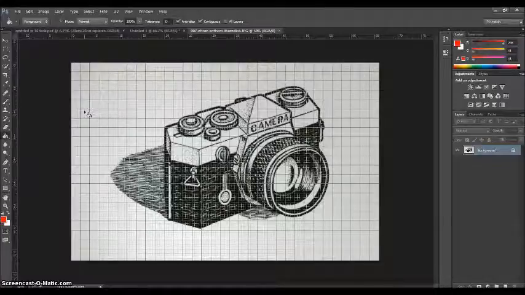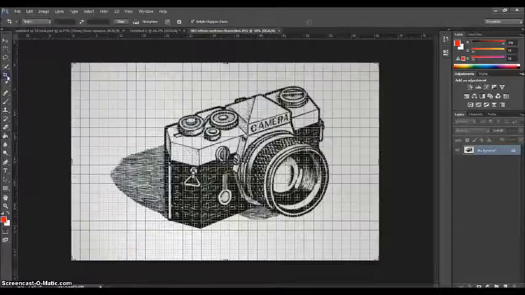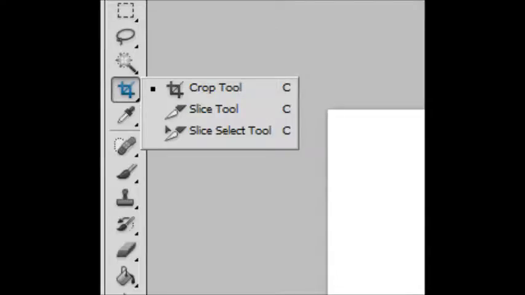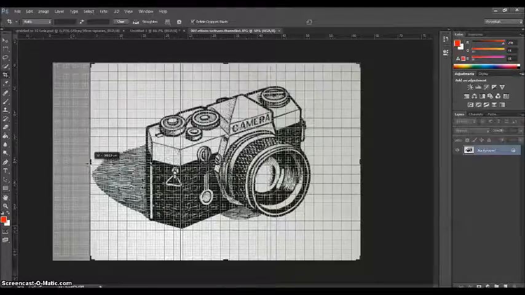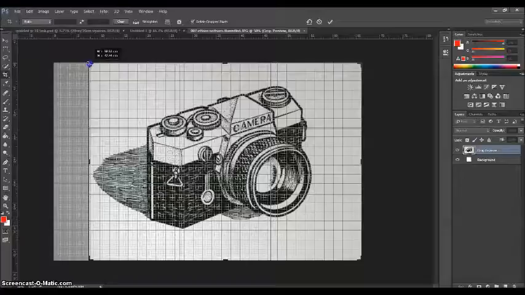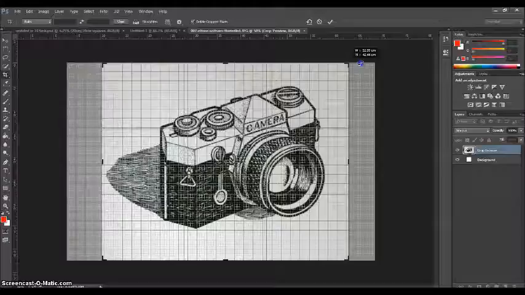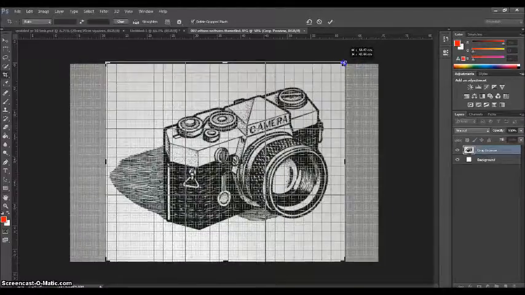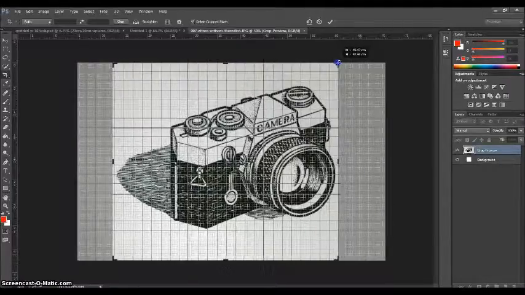Now the problem is this picture is rectangular, but I need a square to fit into one of these squares. So what I'm going to do is I'm going to get the crop button and I'm actually going to crop it to make it into a square. Now if I go up here, I can see it says 57.4 centimeters and 41. So if I keep cropping, actually I'm going to crop from the other side because I don't want to lose that shadow shape. So if I keep cropping until my width gets to matching square, 42, should get there eventually,